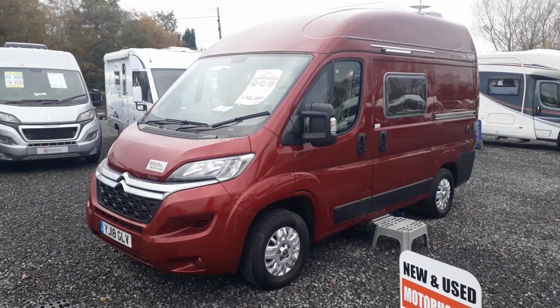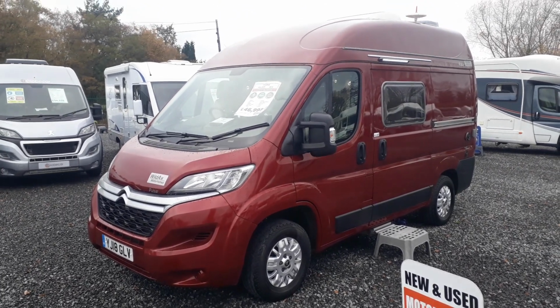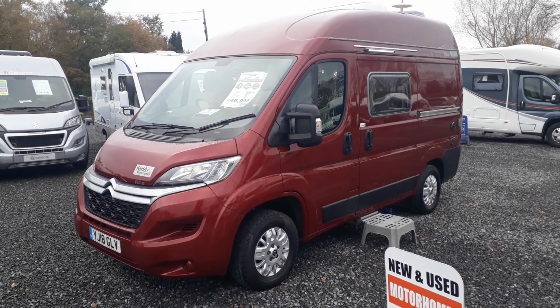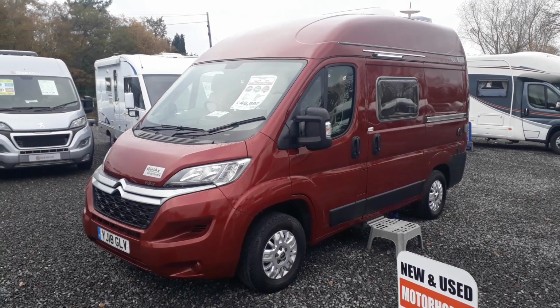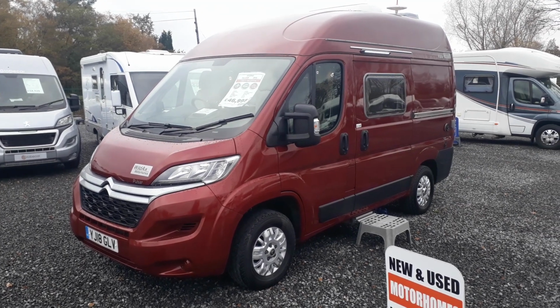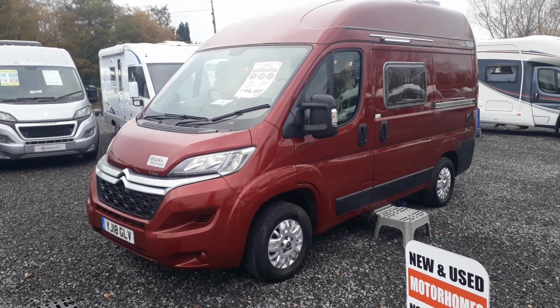Short wheelbase, so it's only 4.99 metres. Now for point of reference, a new Range Rover is 5.2 metres. A lot of modern pickup trucks are 5 metres. A short wheelbase VW is 4.9 metres, so this is only 9 centimetres longer than a short wheelbase VW Transporter. It's 20 centimetres shorter than a long wheelbase VW Transporter, and yet it has everything a big coach built has